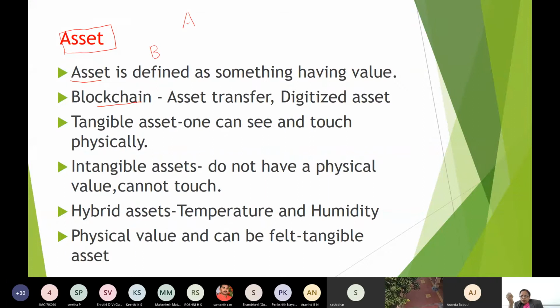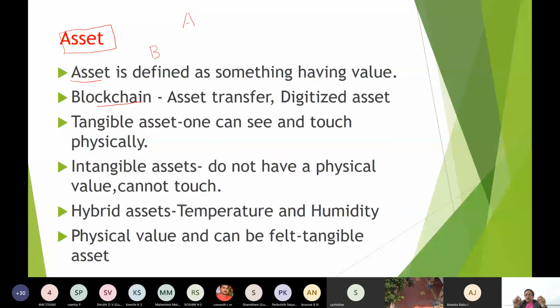Intangible asset, it does not have a physical value. You cannot touch it, right? You cannot touch it. In this case, hybrid asset, temperature and humidity, you can feel that temperature, right? And you can feel the humidity.